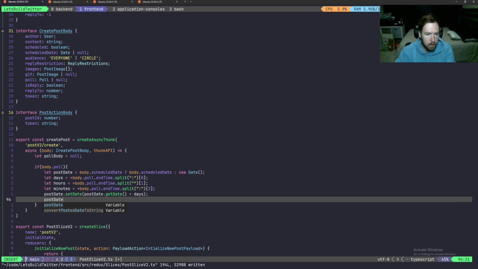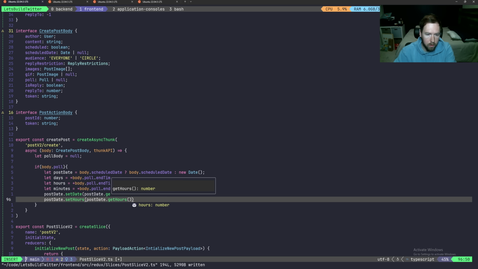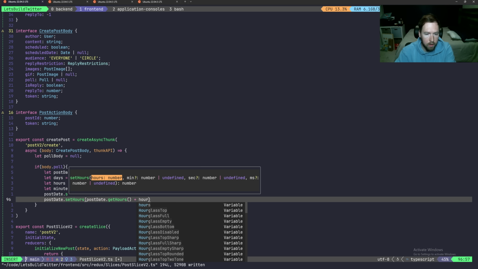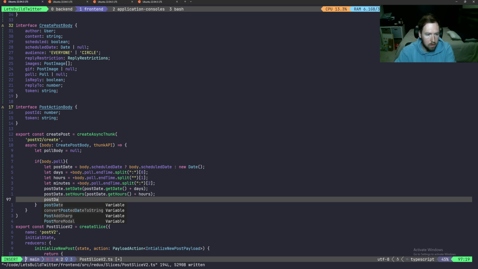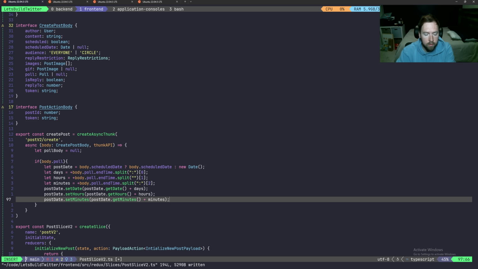We're going to say postDate.setHours, and this is going to be postDate.getHours plus the extra hours, and postDate.setMinutes, with postDate.getMinutes plus minutes. So basically we take the start date of the poll, or the start date of whenever the post is scheduled, add on the days, hours, and minutes of our poll,